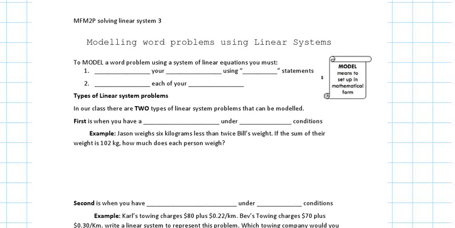trying to set the equation for these word problems. Okay? So all what we have to do, I need your attention. All what we have to do right now is read the word problem and make up the equations. Okay? So first we're gonna go over the different types of linear system that we can have, different type of